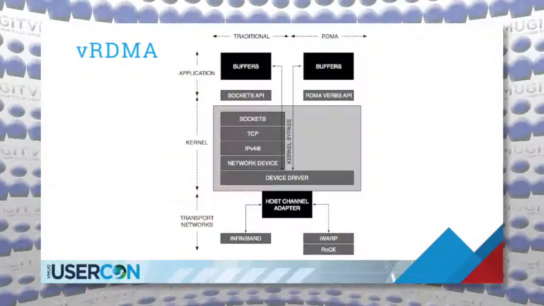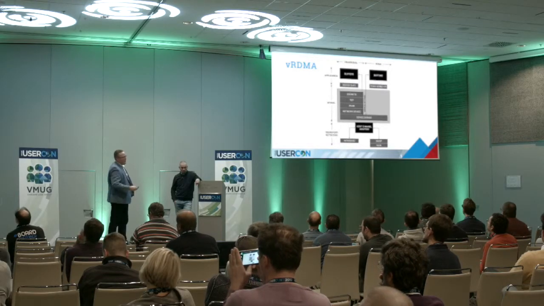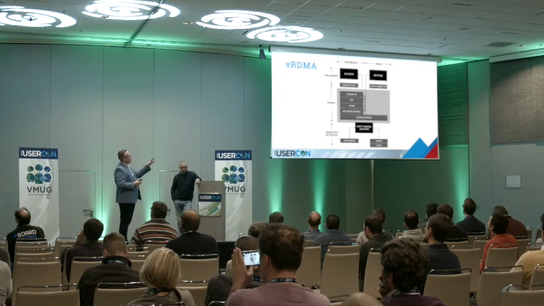There are still a lot of limitations. I believe you can still only have one virtual RDMA device in a VM. On the left side, you'll see a traditional stack, with your application buffers, the whole TCP stack, all the way down to the device driver and your physical NIC. The same goes for the virtual RDMA driver,